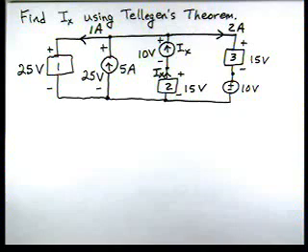Okay, in this problem, we're going to find the variable Ix using Tellegen's theorem. If we look at our circuit, we've got a number of circuit elements there. The voltage and current are given for those. And you remember Tellegen's theorem